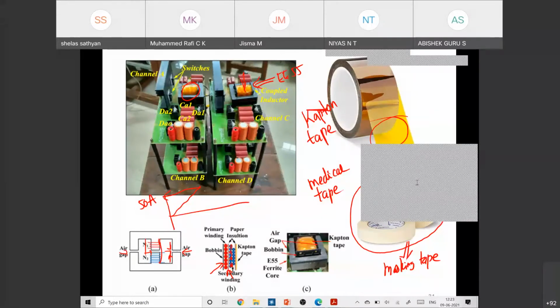So we need to operate below saturation, except some specific instruments like current transformers or something. Otherwise, the materials need to be operated below saturation. Once it is saturated, it is something like a short circuit as far as an electrical engineer is concerned. It will draw a large amount of current. Most of our switches will be damaged instantaneously.